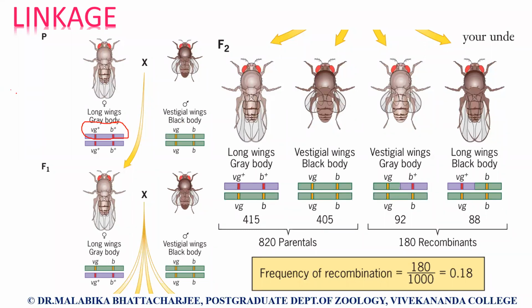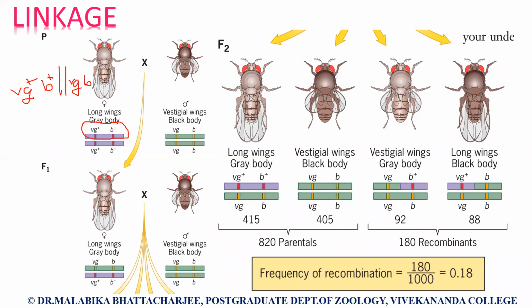If you remember, I had said that mutant flies, any gene is known by its mutation, okay? And so VG is vestigial wings. As you can see, the wings are small, and B is black body. So these are the mutant forms. And this is one cross, and the other is the test cross, or let's say the homozygous recessive condition, vg b. So this is the condition.